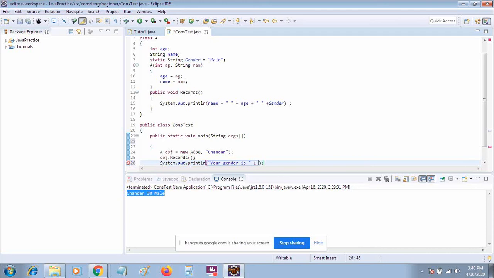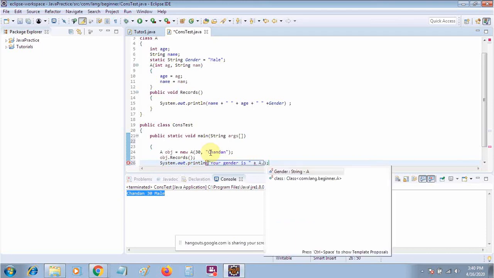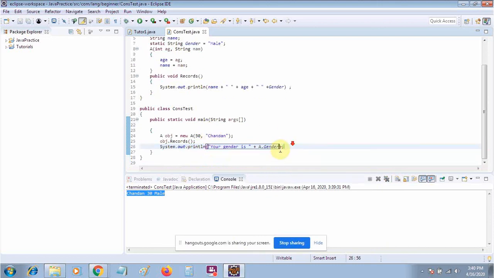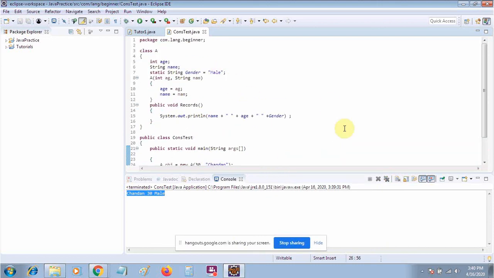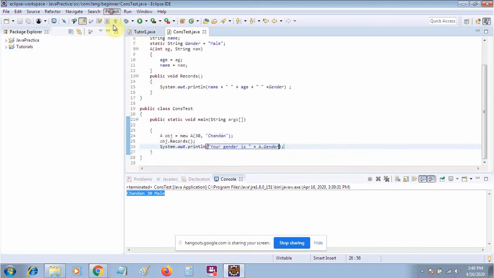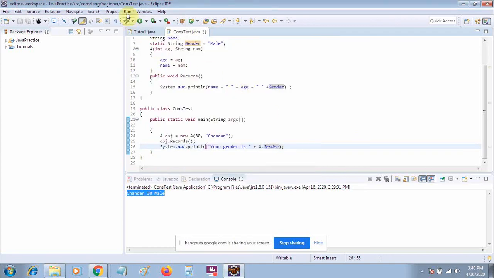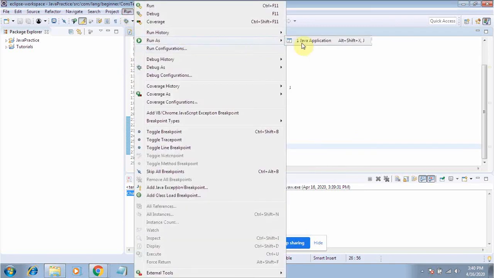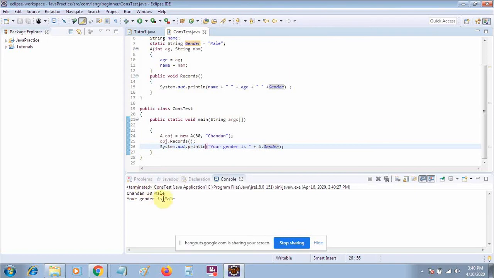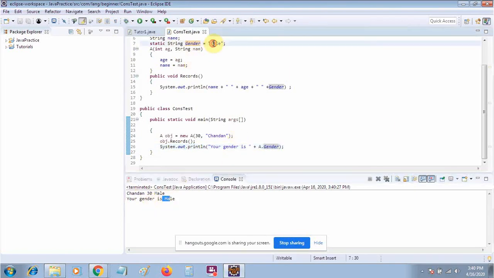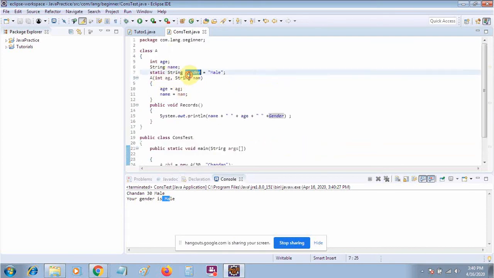We don't need any object, so I will directly hit the class name, then you will see the gender here. So it will directly give me the value of this one. Okay, so this is the main use of the static keyword with the variable. I will run this one. You can see, to access this value, I have not used any object. I have just used the class name, then that variable name.